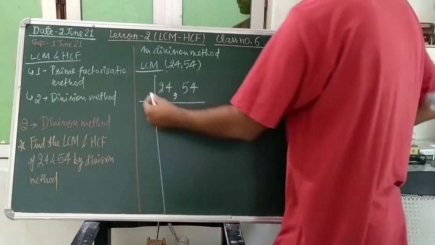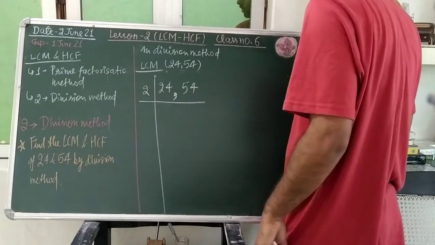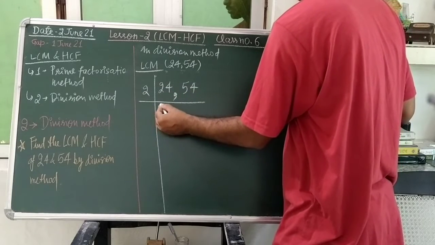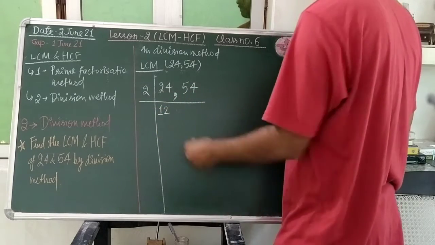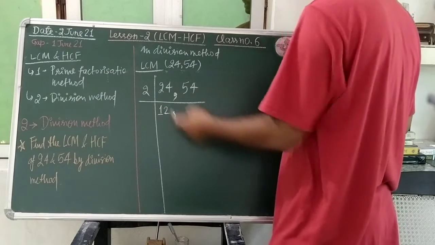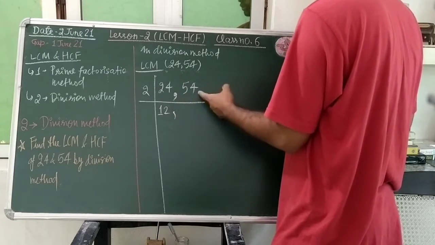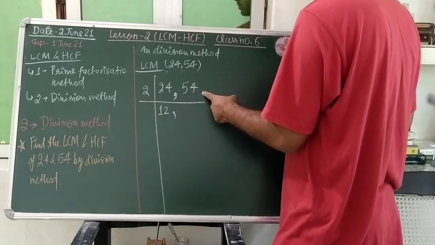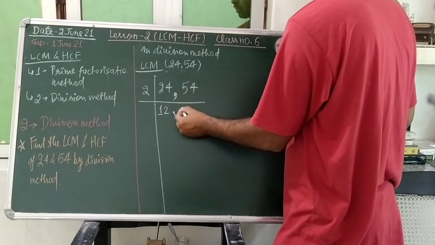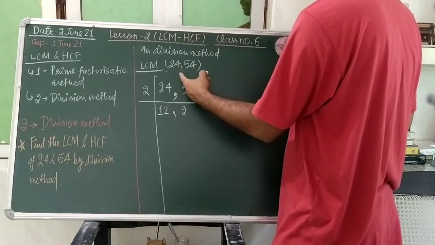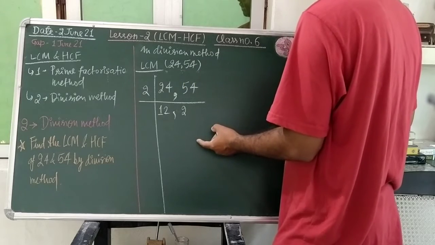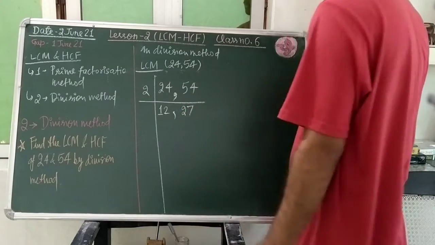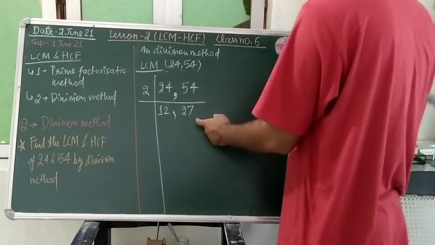So we will select the 2. 2 is going to divide this 24. How many times, students? 12 times. So 12 you will write here. Put a comma. Whether 2 is going to divide this 54? Yes. The unit place is an even number, so 2 will divide it. And how many times will 2 divide this 54? Students, 2 twos are 4, and 1 will come as remainder, 4 will be brought down, and 14 will come, and 2 sevens. Okay, students? So 27 you write here.